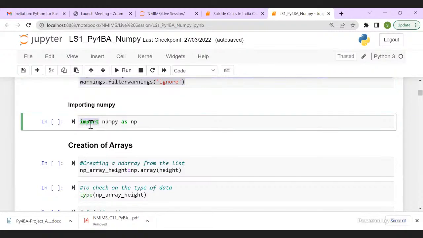So import Numpy. Import is a function by which I'm telling my Jupyter notebook, my Python interpreter, that I'll be using this library. Okay. So if I'm using Pandas, I'll say import Pandas. If I'm using Seaborn, I'll say import Seaborn, and so forth.